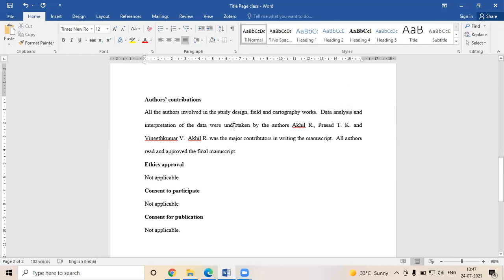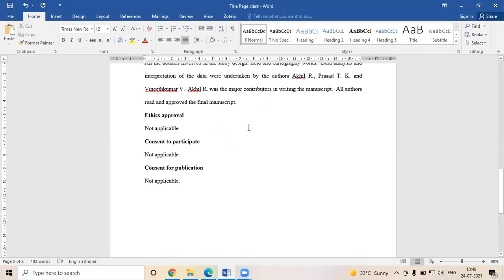Sometimes he will also be involved in study design and fieldwork. The second and third authors are sometimes supporters, and sometimes they will also be involved in the analysis. So you have to mention whatever work was done by each of the authors.